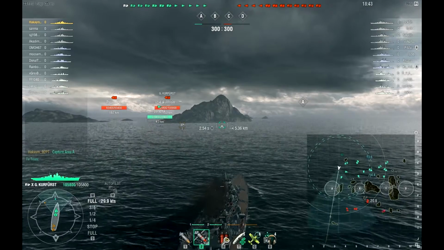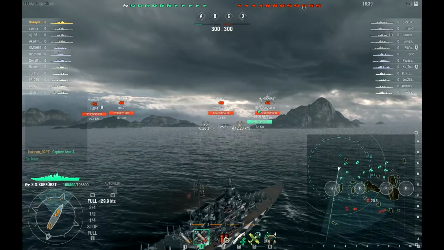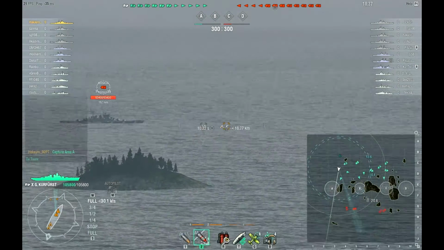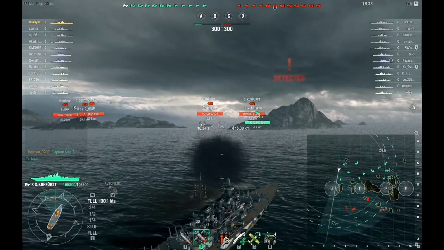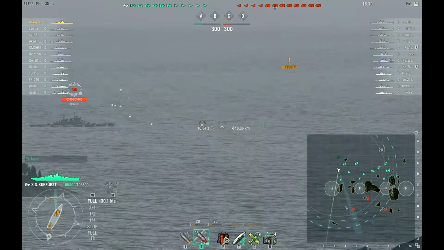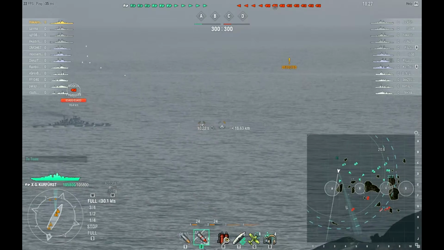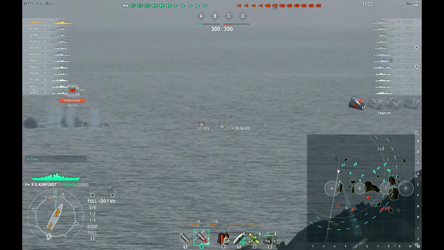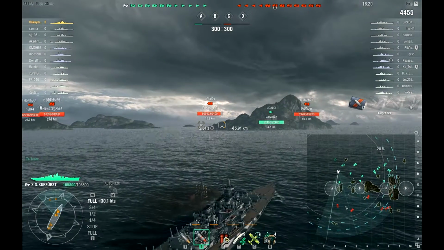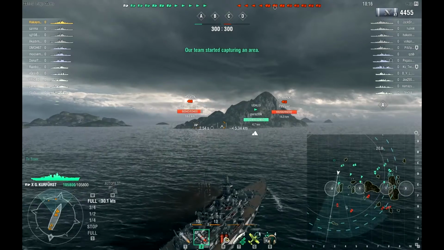But anyway, we are moving down towards A. We do have a friendly Udaloi leading the charge, and there is an enemy Moskva. We bring our guns to bear, and one obvious thing that you will notice about the Kurfürst is the lack of range. We only have a 20.6 kilometer range. That is 6 kilometers shorter than the Yamato, and I believe it's about 3 or 4 kilometers short of the